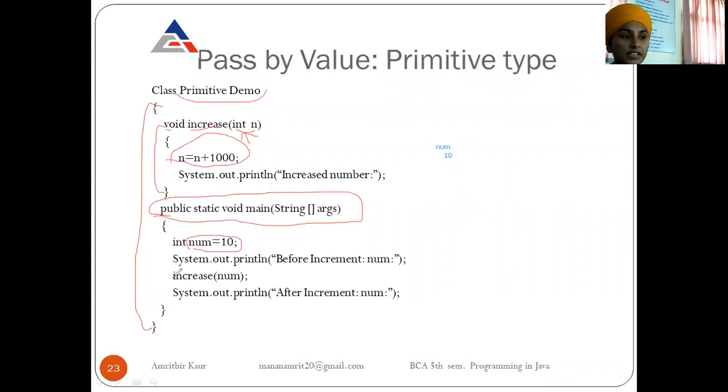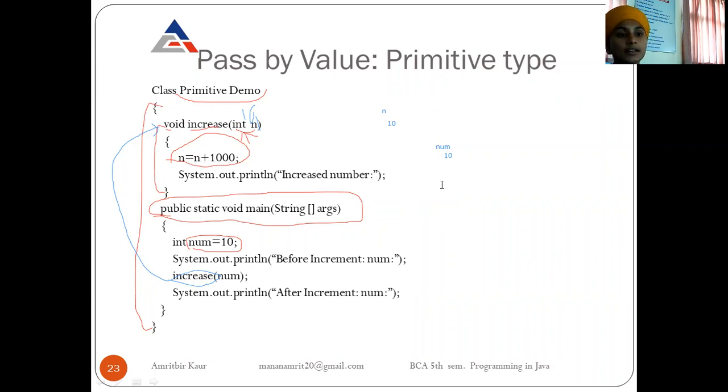So here the increase function is called, and our control goes to this function. The value of num will be passed, meaning the value 10 is passed. So this 10 is assigned to n. Here we are using another variable n, which initially has value 10. In the body, n equals n plus 100.